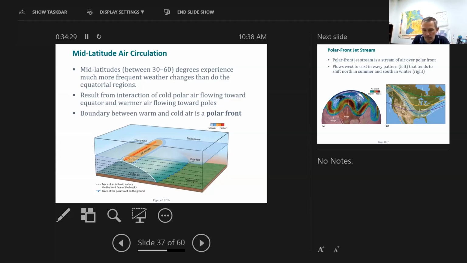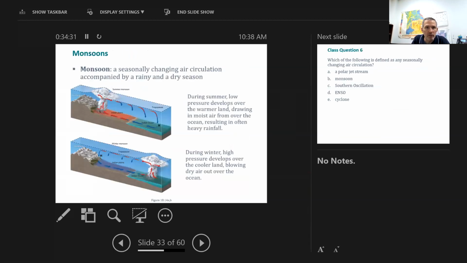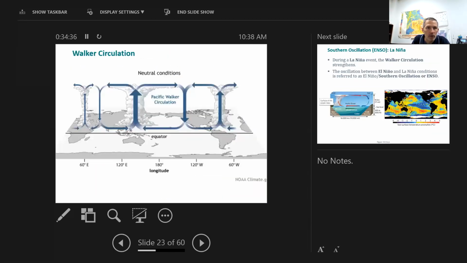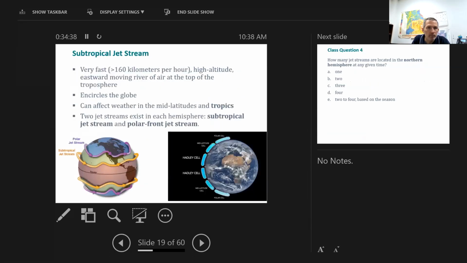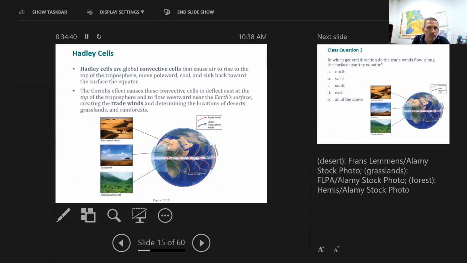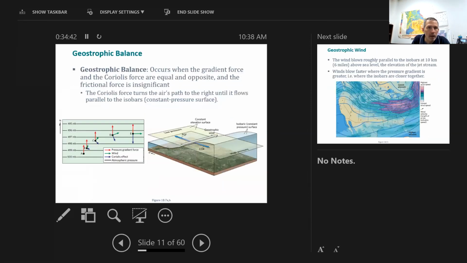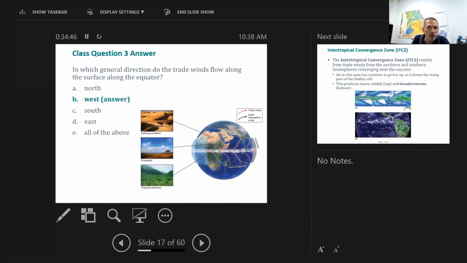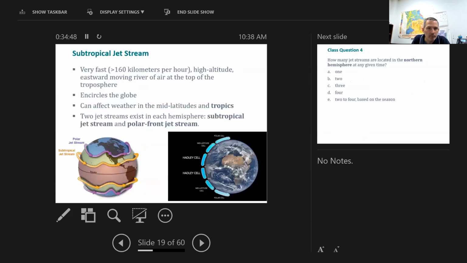So if we slide back to that Hadley cell, way back at the start of this chapter, when we started looking at these Hadley cells, we can see that where the air is sinking back down,